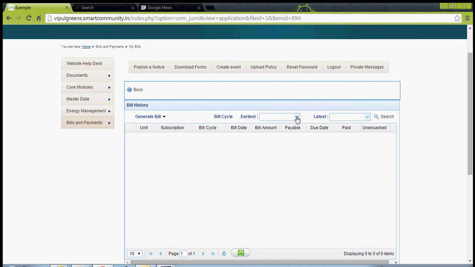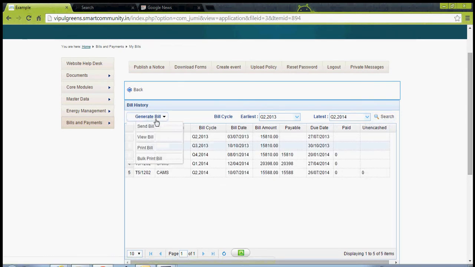One can select the bill cycle from which one wants to see the history. The system will show all the bills in those cycles. One can go and view or print all the bills one by one, or one can go and bulk print all the bills together.